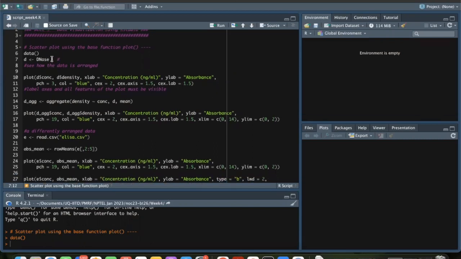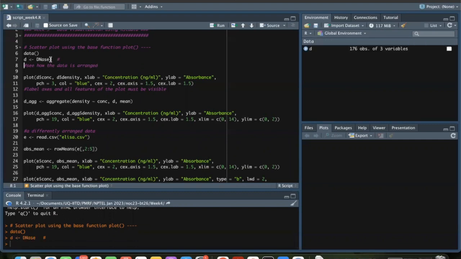Okay, so now scatter plot. A scatter plot is a simple X by Y plot, right? It can have 4 quadrants, 1, 2, 3, 4, and these are basically dots. So that's what is known as a scatter plot. If I just take this data, DNAs, it is available in R,